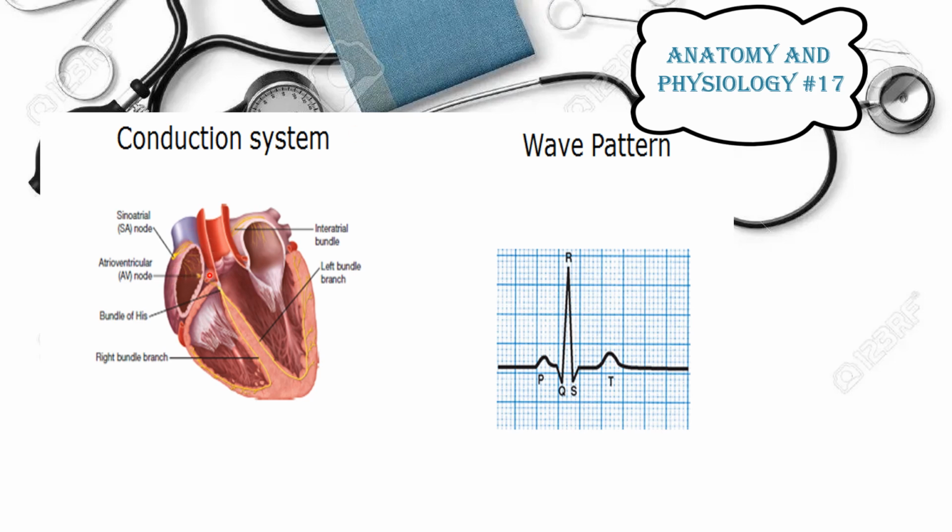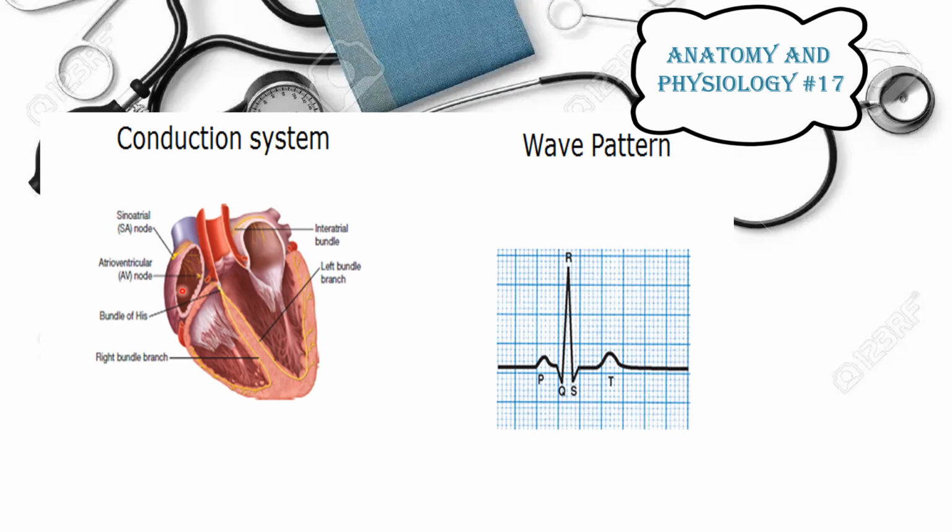The sinus node acts as the cardiac pacemaker and automatically discharges an impulse about 60 to 100 times a minute. So this impulse travels through both the atria to the